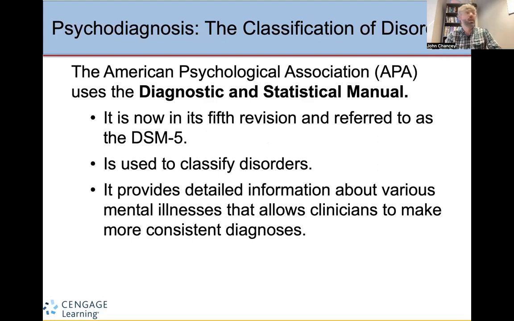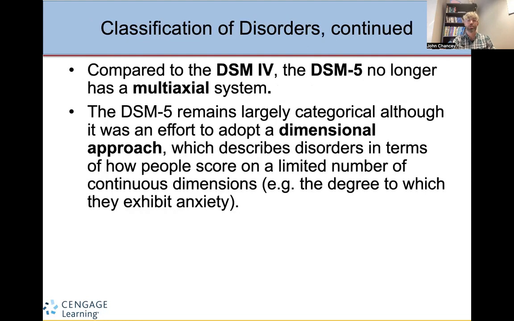In the United States, we have the American Psychological Association, the APA, which creates the Diagnostic and Statistical Manual, which is now in its 5th edition. It's a classification document. It's used to classify various disorders, providing detailed information to care providers, insurance providers, people involved in the medical field about what to expect clinically, and also how to make consistent diagnoses, to make sure that when one doctor is talking about depression to another doctor, they're on the same page.